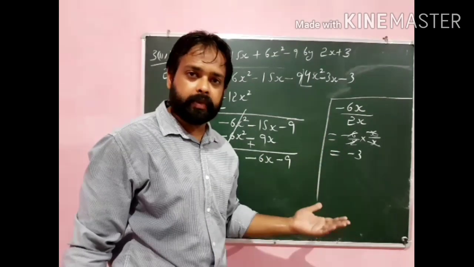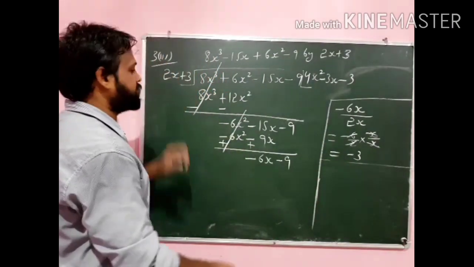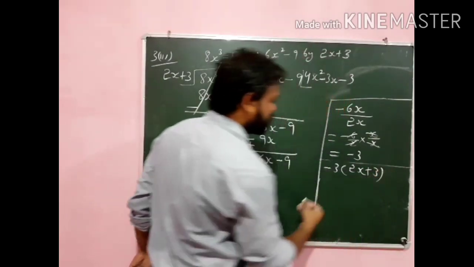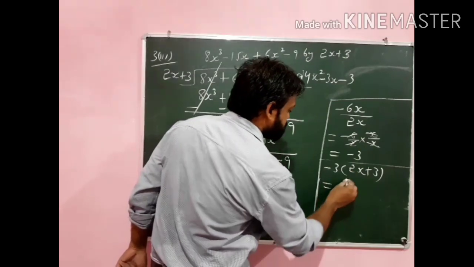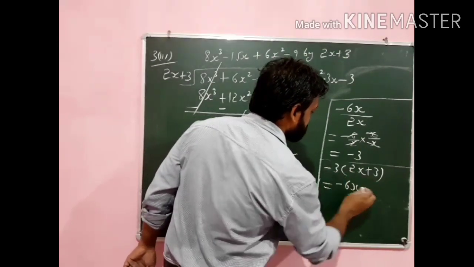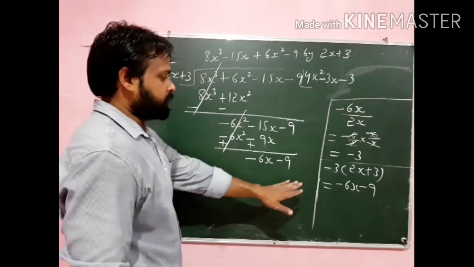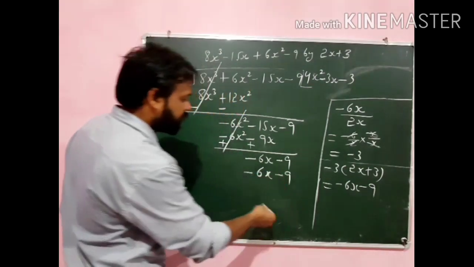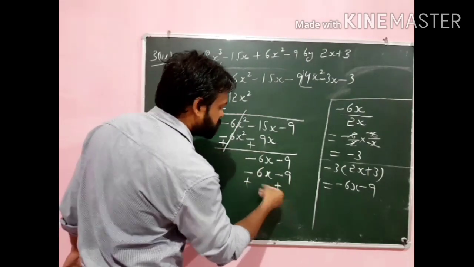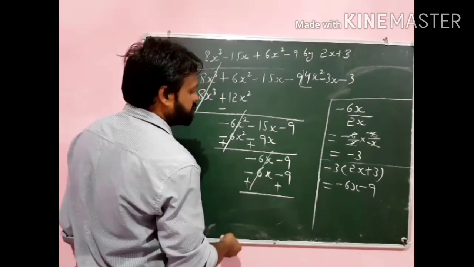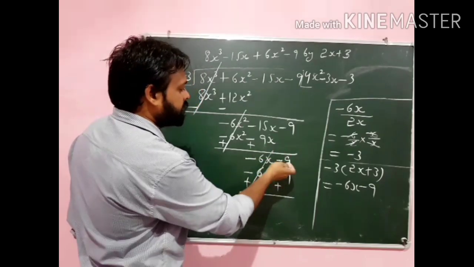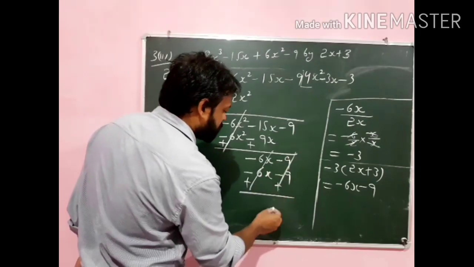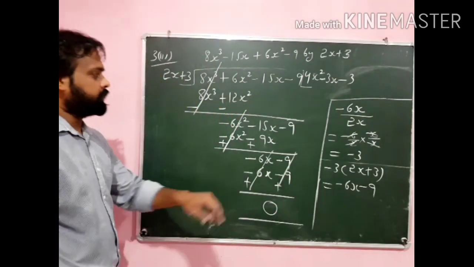And what is the next step? Okay, now multiply this minus 3 with the divisor, it will become minus 3 into 2x plus 3. So it will become minus 3 times 2x, which is minus 6x, then minus 3 times 3 is minus 9. So write down the values here, it will become minus 6x minus 9. Now change the signs, it will become plus and this will also become plus. Now this term is of opposite sign, even this term: 9 is of minus sign, this 9 is of positive sign, so plus minus minus. Both terms are again cancelled out with each other. So here we got 0.